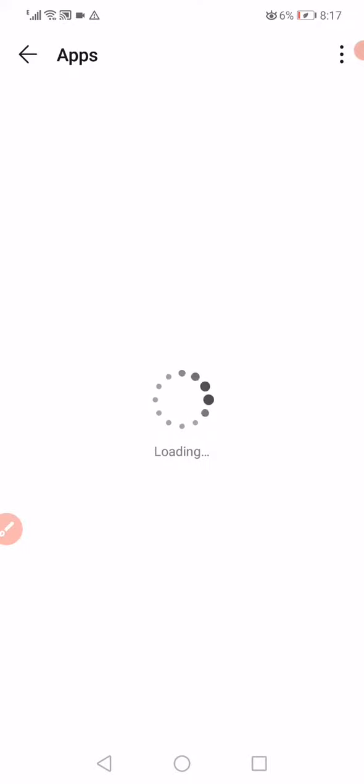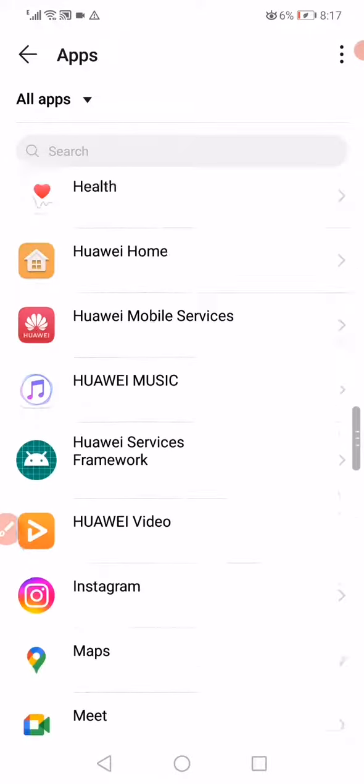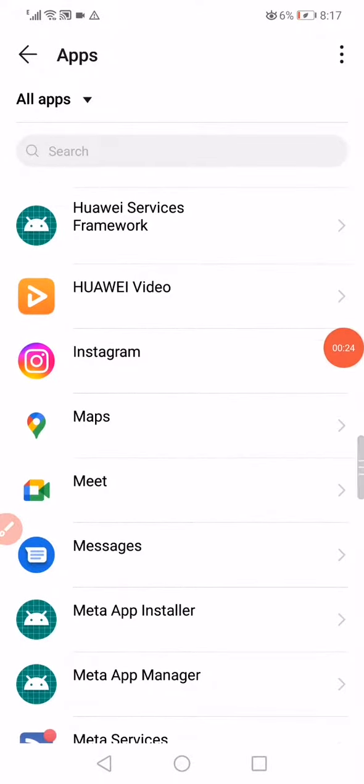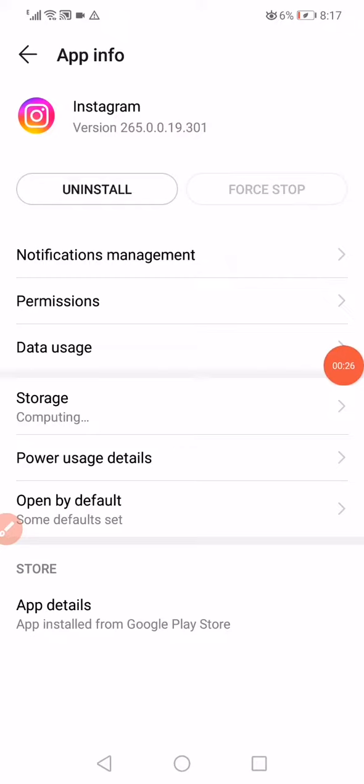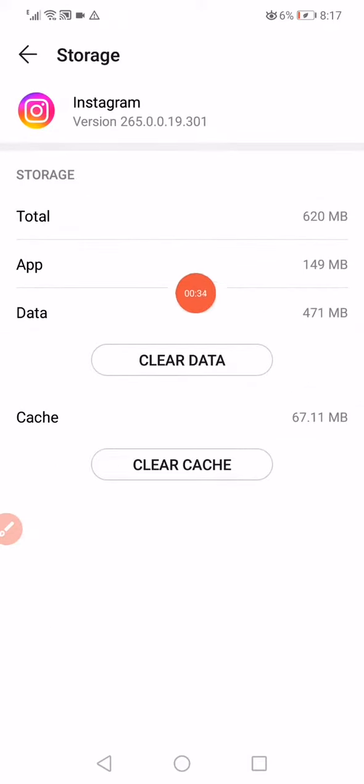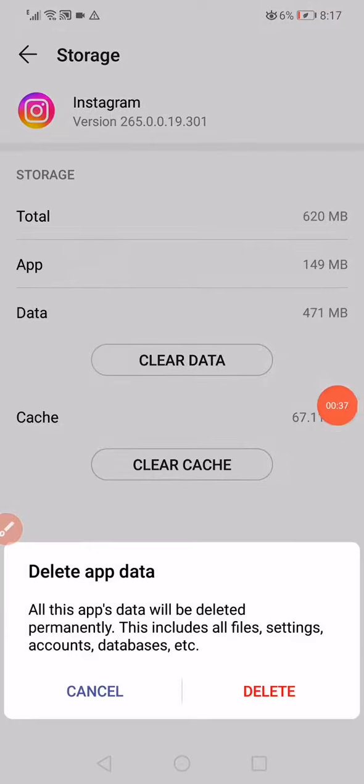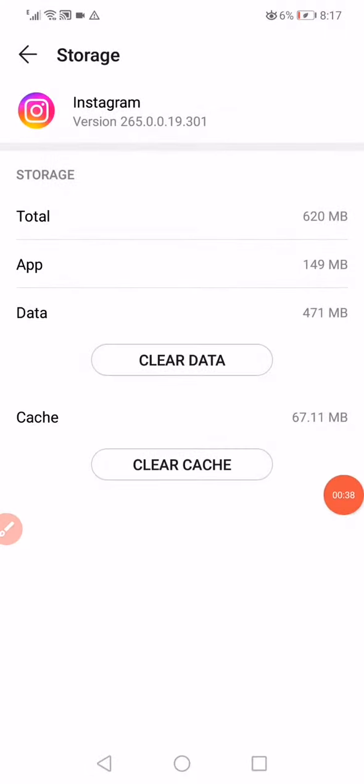So all you want to do here is scroll all the way until you find the Instagram app and click on it. When you click on it, it will take you directly into this page. So click on the storage like this, click on clear data, and then click on delete, and then click on